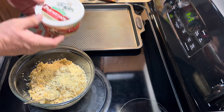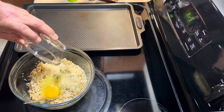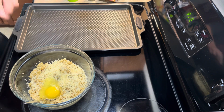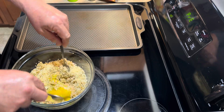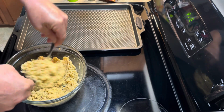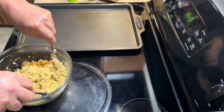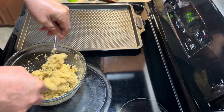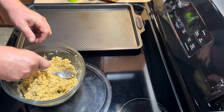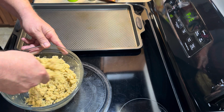Okay, so I'm going to put a little Parmesan cheese in there. And then we're going to put 1 egg in there. Okay. And then we're going to just stir it up. I think I'm going to use a fork. Well, maybe both. Anyway, you just want to combine that, okay? Mix your Parmesan cheese and your egg. Mix it all up in there real good. Actually, it's a little too much work using 2. Okay. So I got all that mixed in there